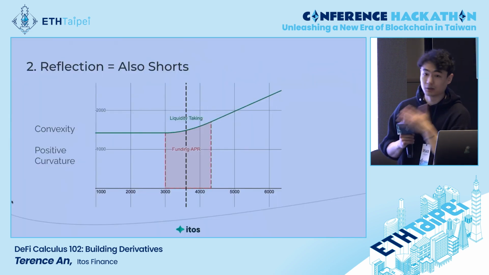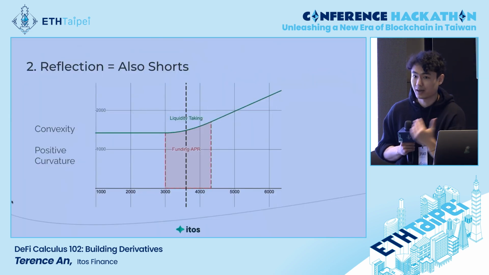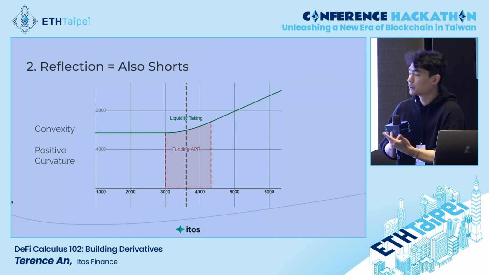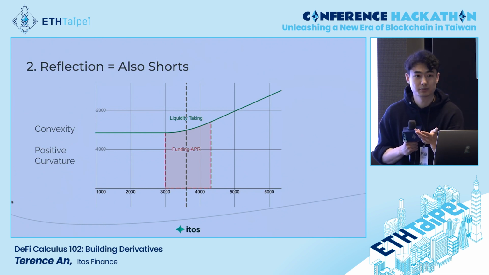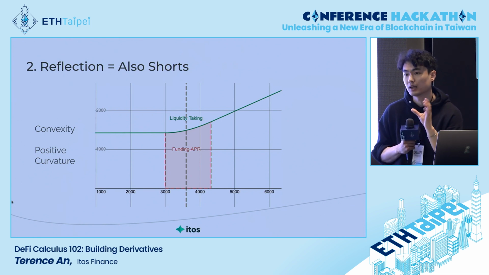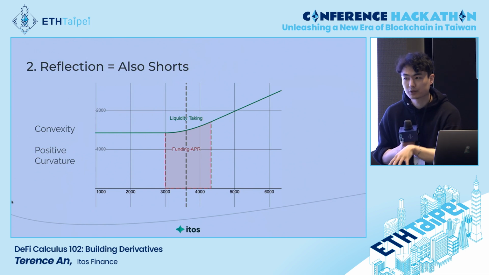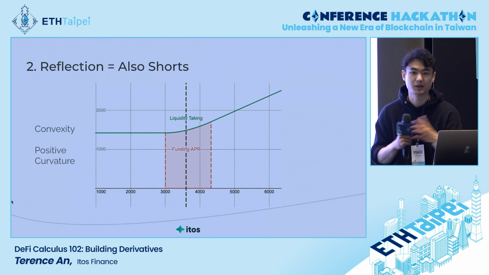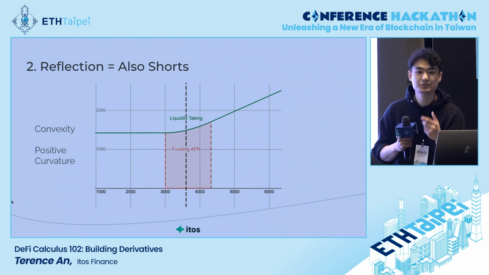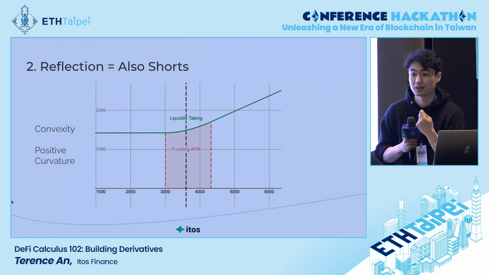The downside is, nothing comes for free. If you want all upside, there has to be a downside. And the downside really just comes from shorting that LP position. Because unlike shorting a token this time, shorting a position means you have to do the entire opposite. So whenever the LP position would earn fees, you have to pay fees. And that's a pretty fair trade-off, because I'm sure there's more than one person here who's LP'd for like 6 months, and the yield was definitely not worth the impermanent loss you got.